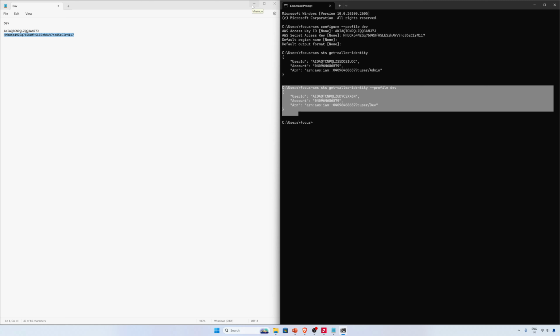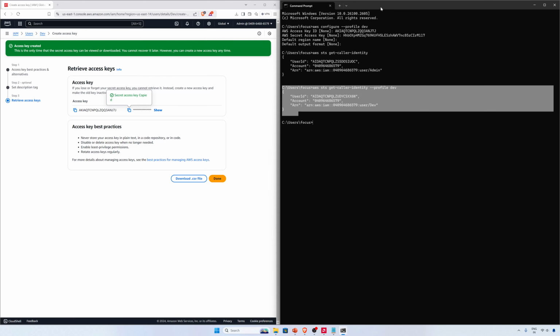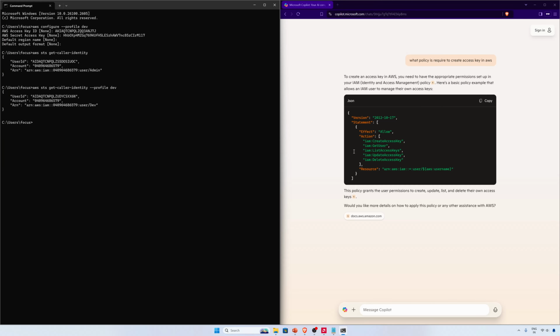So let us do one thing. IAM star, or even this simple policy called create access key, can lead to privilege escalation, until and unless we are specifically writing those things, or in some way saying that you can only perform this action on your own user. If it is just iam:CreateAccessKey and resource star, we can actually create the key for other users. So we can do something called create access key